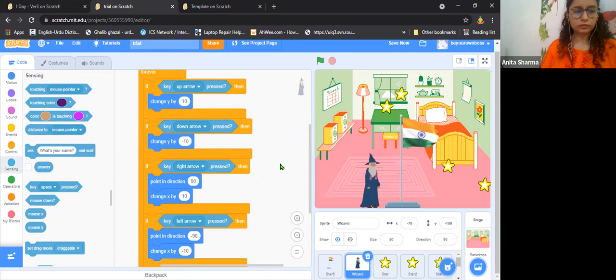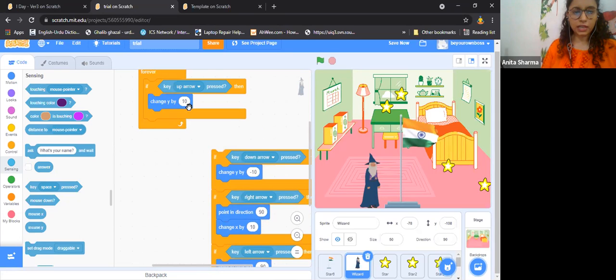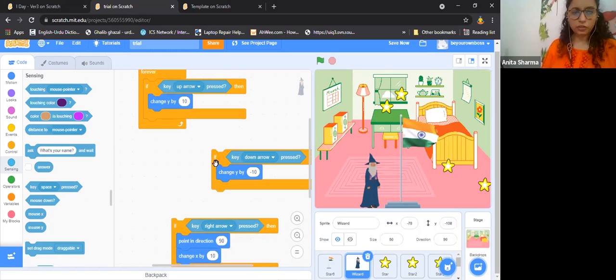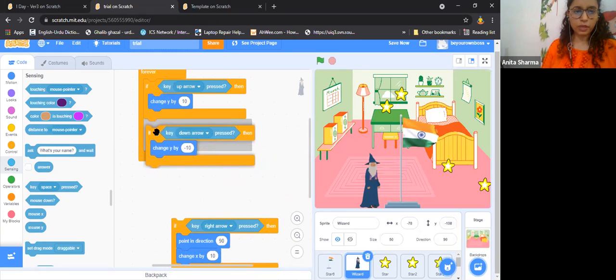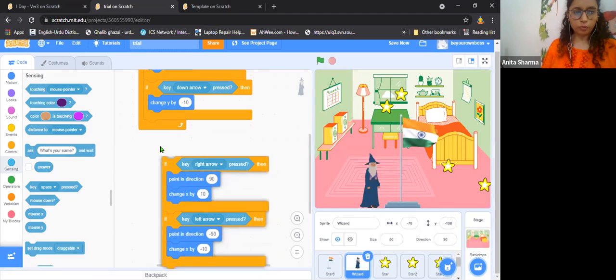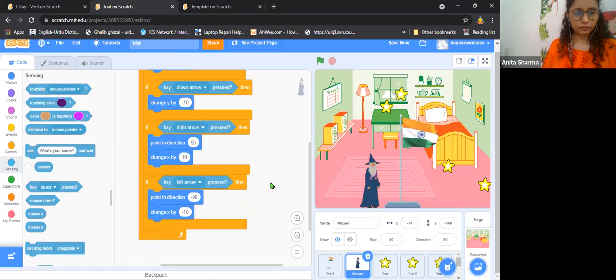Just check your conditional part one by one. See, this is the condition for up arrow, this is fine. Then for down arrow, you can simply use this and put it below this if condition. And then similarly for right arrow, below this if condition. For left arrow as well. All right, so let's go forward.